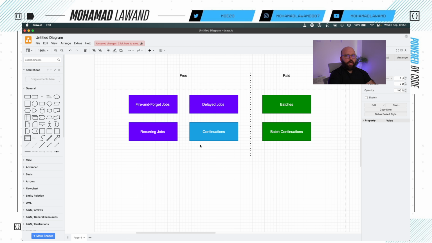And then we saw how we can actually secure our dashboard by providing it with a username and a